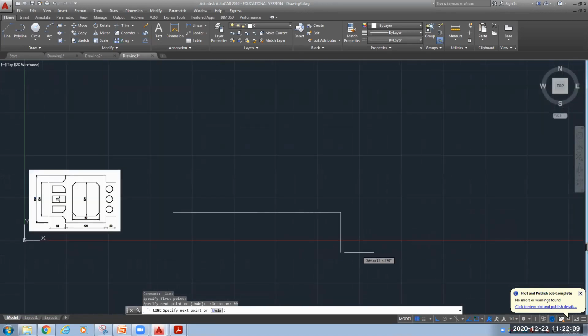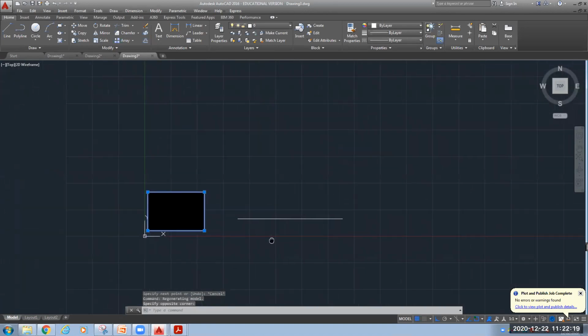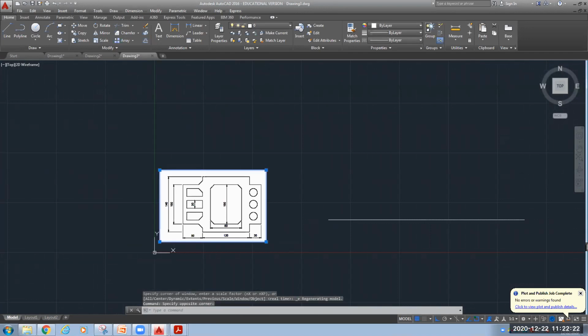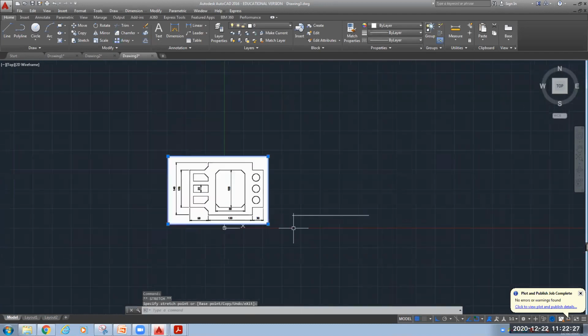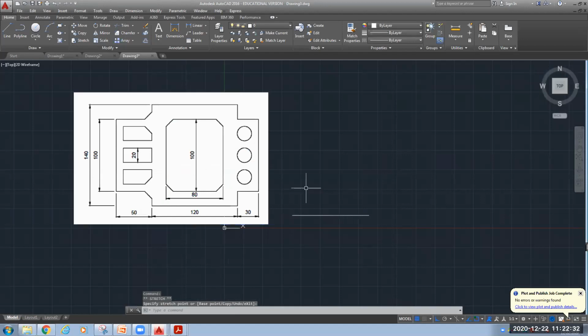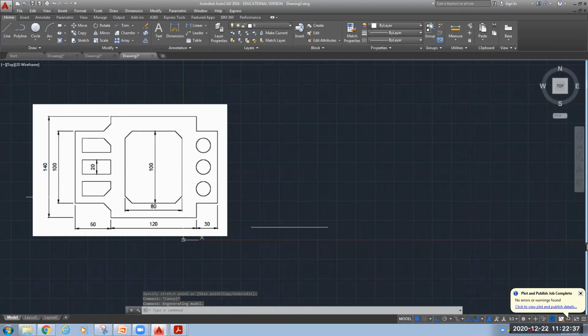On downward side, how much I need to come? It is not clearly visible, so I have to make it a little bit large. I will stretch it. I will further stretch it. Afterwards, if required, I will make it small. Okay. So in downward direction, you can see 100 minus 140. So it is coming 40. So 20 on this side and 20 on the upper side.